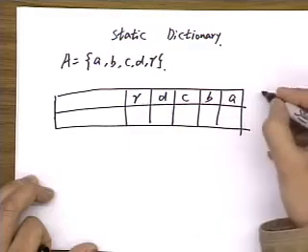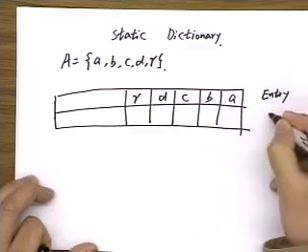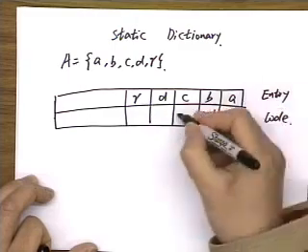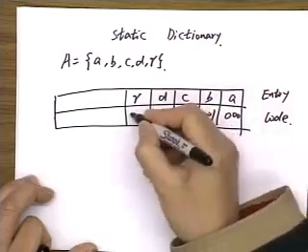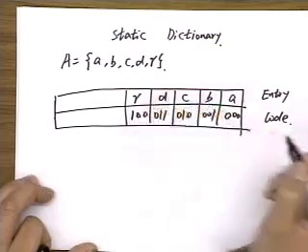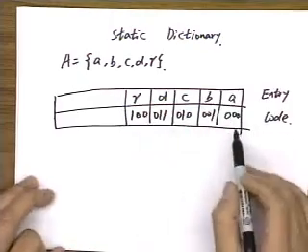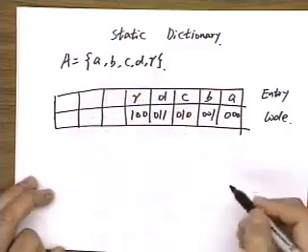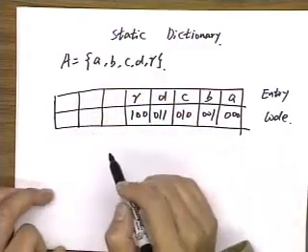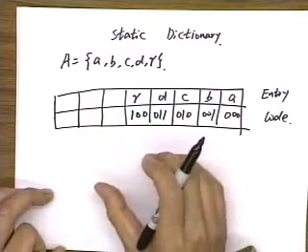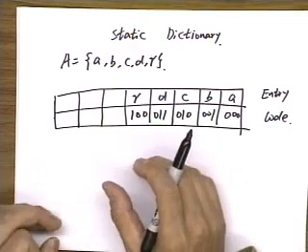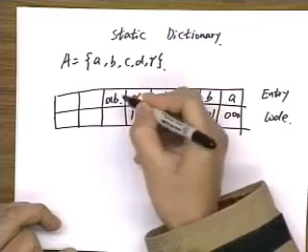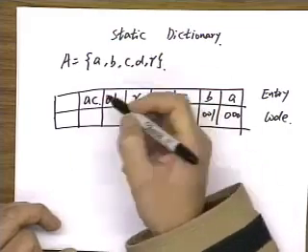So 000 for A, 001, 010, 011, 100. So we first need to include all the single symbols into the dictionary, and then because we use 3 bits for each symbol, we have 3 more entries, and we'll compute the patterns in the source using some training sequences, and we can, for example, if we find these 3 patterns appear more often than other patterns,